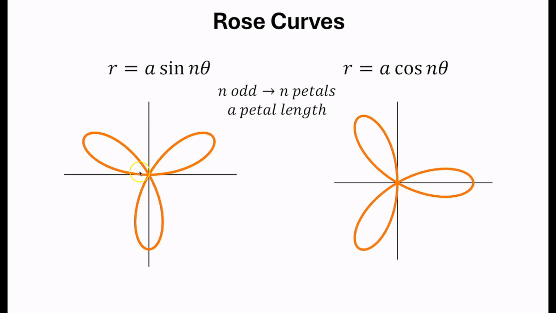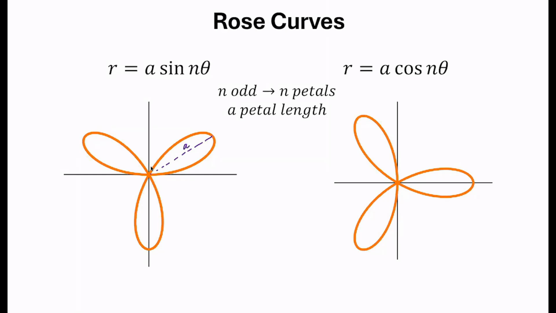So we're calling this a rose, even though maybe it just kind of looks like a simple flower. So it's going to create, again, n petals if n is odd. So whatever this number is, that's how many petals there will be. And then the number in front, A, that's the length of the petal. So in other words, this distance from the pole to the very tip of each petal, that distance there is